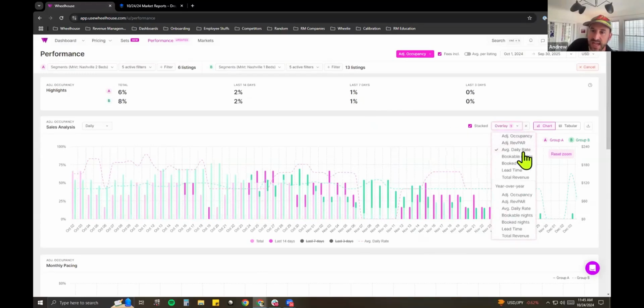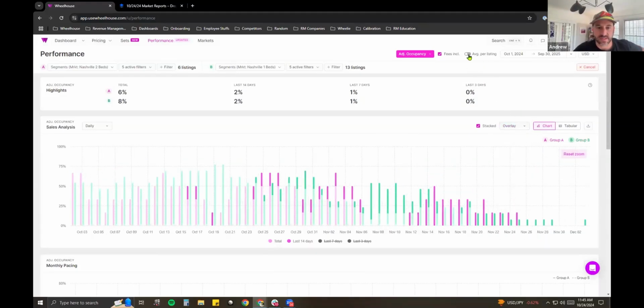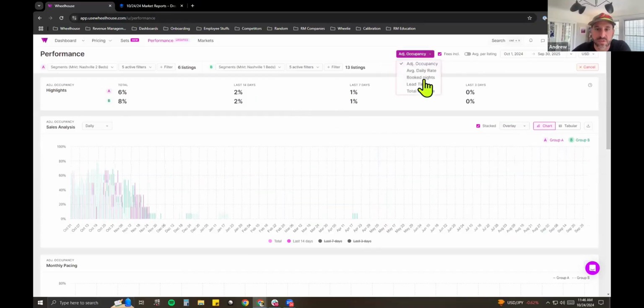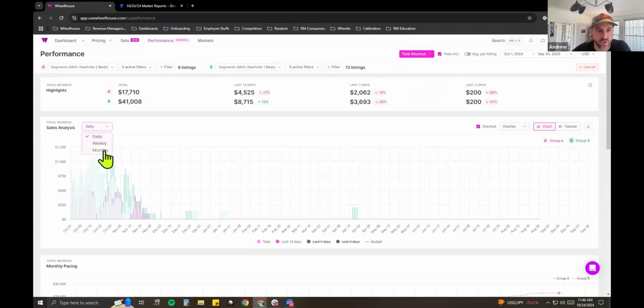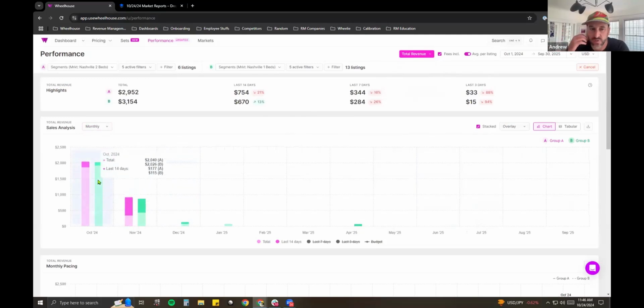You can too. Is the average per listing just working for revenue so far? I think it's just for revenue so far. But when you have different segments, if you toggled over to revenue, you'll be able to adjust by listing count to get a more balanced understanding of your portfolio.